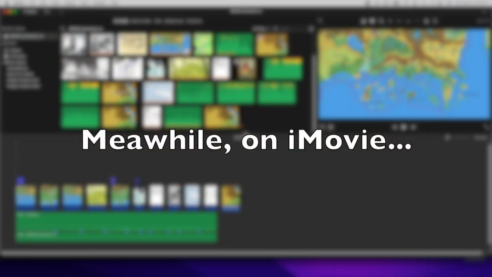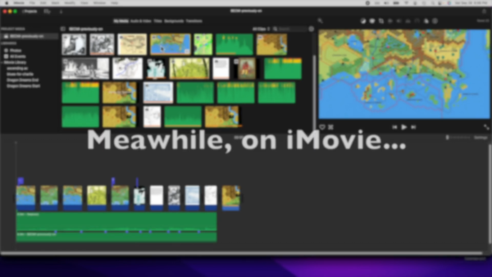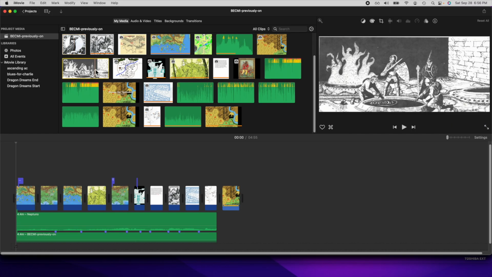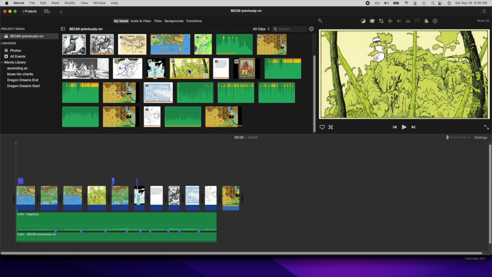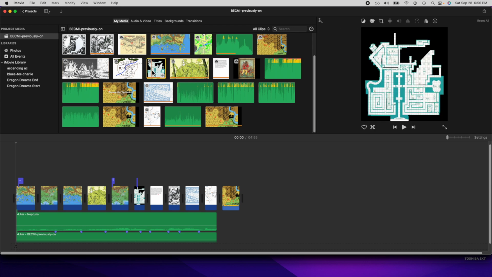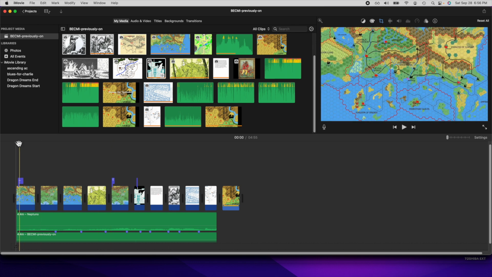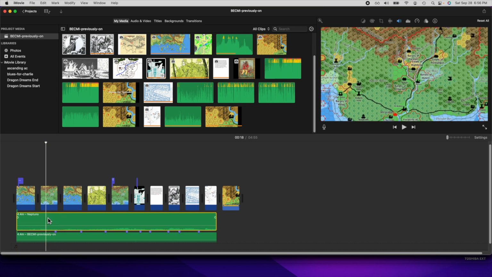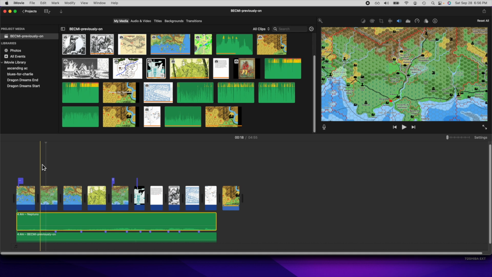I start out with a bunch of images that I want to use. I'll have maps like this one of stuff from the setting, stuff from the modules, things like the module covers, even screenshots of Roll20. So you can see, here there's a map with the Fog of War over it. And then what I'll do is make a recording in QuickTime or something like that,